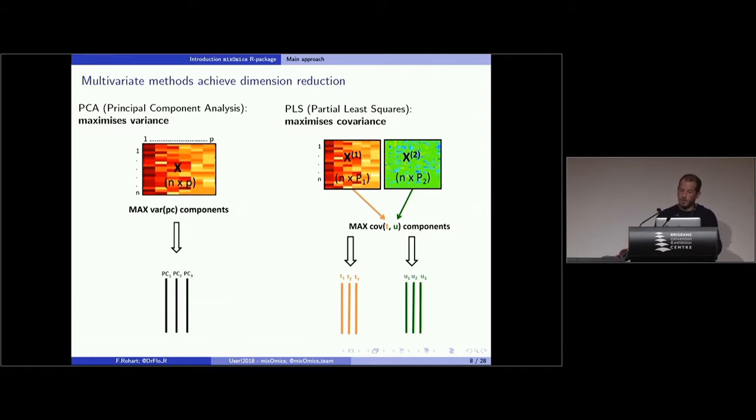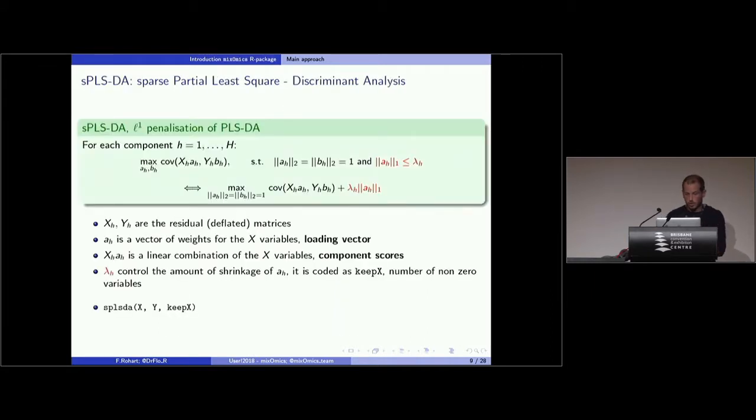The first method that was introduced in mixOmics was sparse partial least squares. It's basically the same as PLS, but you're introducing sparsity. By doing that, you're able to select or identify biomarkers that are essential in driving the phenomenon you're studying. We don't need to get into the formulas, but because R is a stats community, there's a bit of formula. Basically it's just maximizing the covariance as in PLS, but we are adding a lasso penalty.